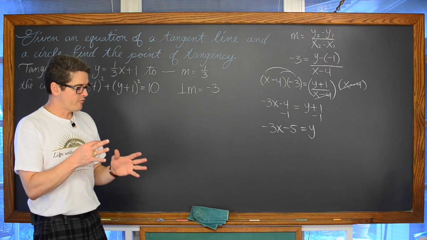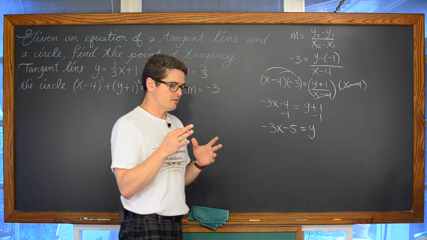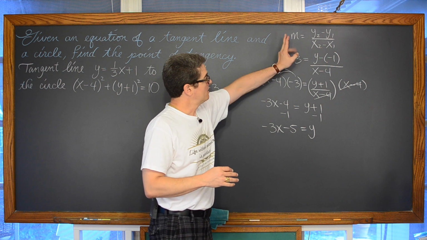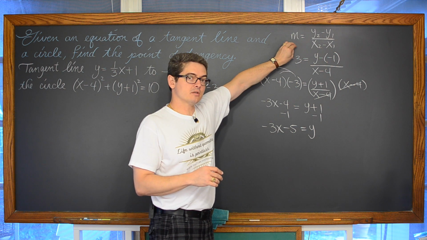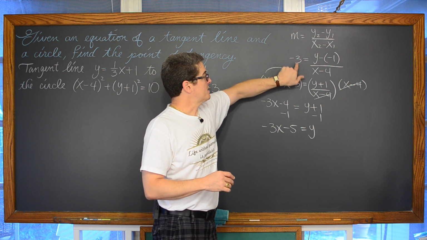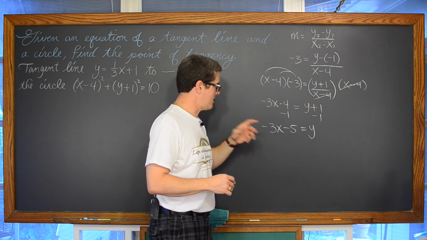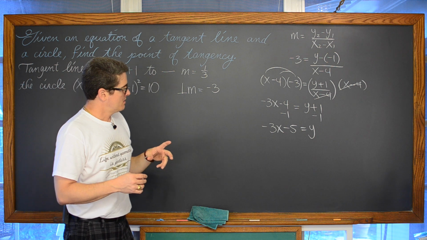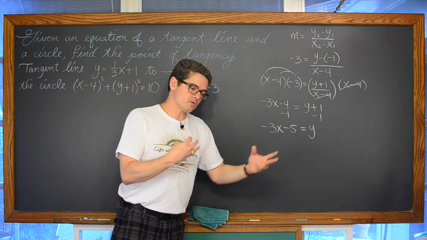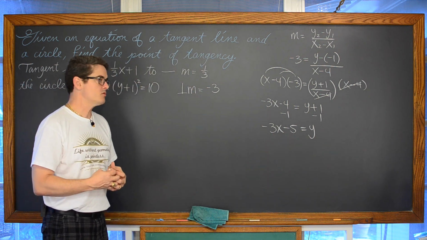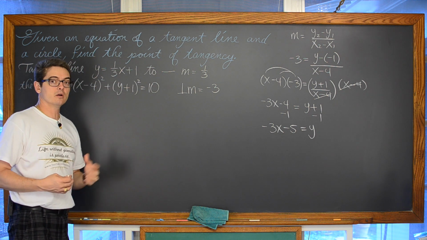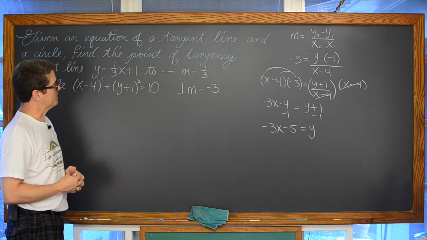So we have worked out the slope from the radius of the circle, which had to have a slope of -3, and we have an equation that relates x and y together. Well, there's still one equation and two unknowns, so we're still going to need to do some kind of substitution like I alluded to at the beginning here to finish working out this problem.